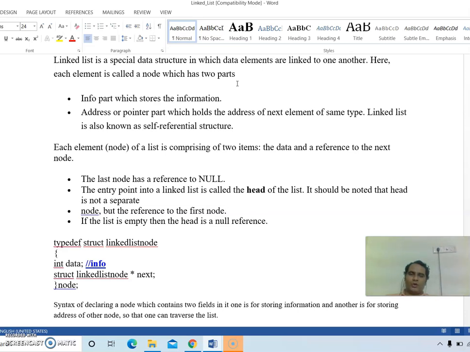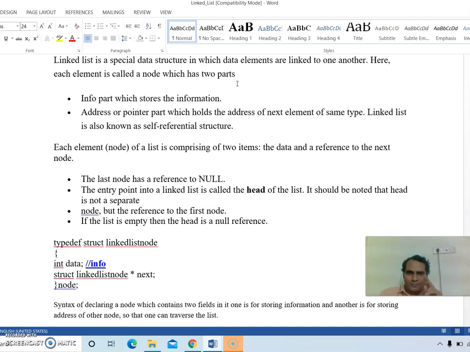Every element in the linked list is called a node, and a node has got two parts. Let us say a linked list of two nodes, one node, another node. How can I reach the second node from the first node? I should have some link from the first node to the second node. That is nothing but the address of the second node stored in the first node, and then this node maintains some data. So, this data along with the address of the next node location. That is how a node gets created.